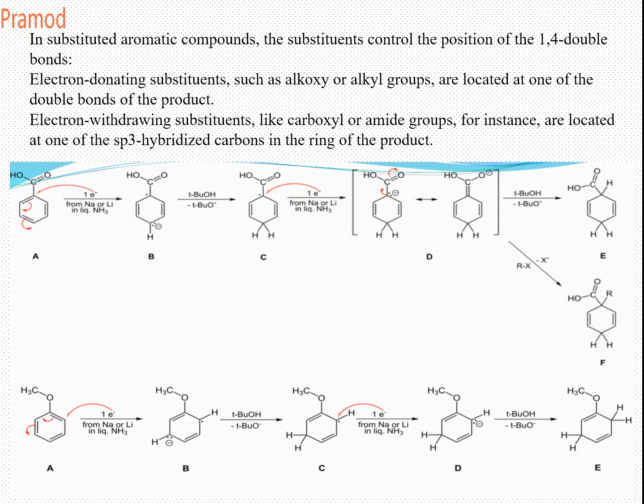Now let us see the reason why. You get a radical anion, it gets protonated. Again one electron comes. So in this case, if there was an electron donating group at the same position, it would destabilize the structure because of the electron donating group and a negative charge. So this will be highly unstable. That's why it will never be on the same carbon. So if there is an alkoxy group, it will be at the adjacent carbons. So there will be a shift in your double bond.